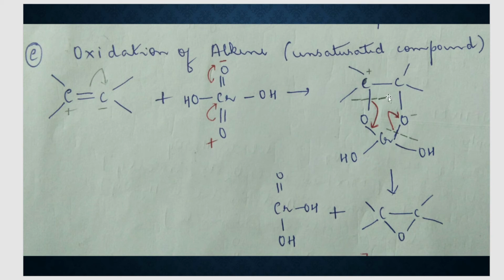Now this carbon has plus charge, this oxygen has minus charge. This molecule has broken at this part and this side. Okay, are you all following? So this oxygen will go and form a bond with this carbon, and this whole part is broken out. So what do we get? We get an epoxide ring, correct? And what else is left? Cr, OH, OH, double bond O, correct. This oxygen is not there. Remember, this has gone with this part. It has broken into two parts.